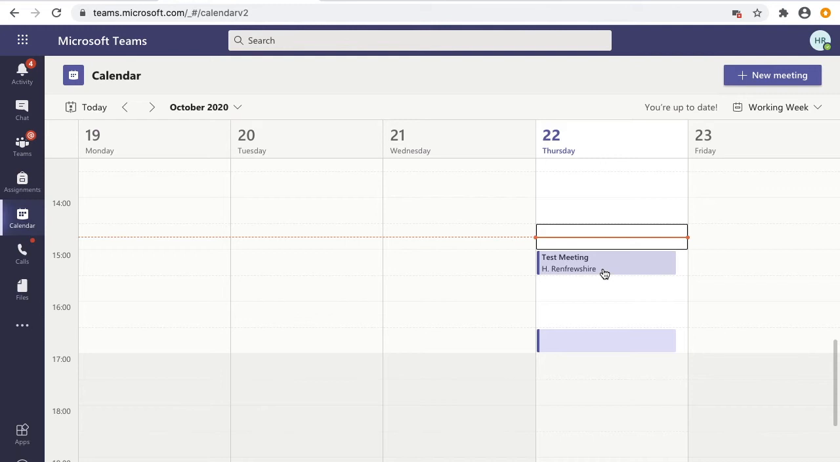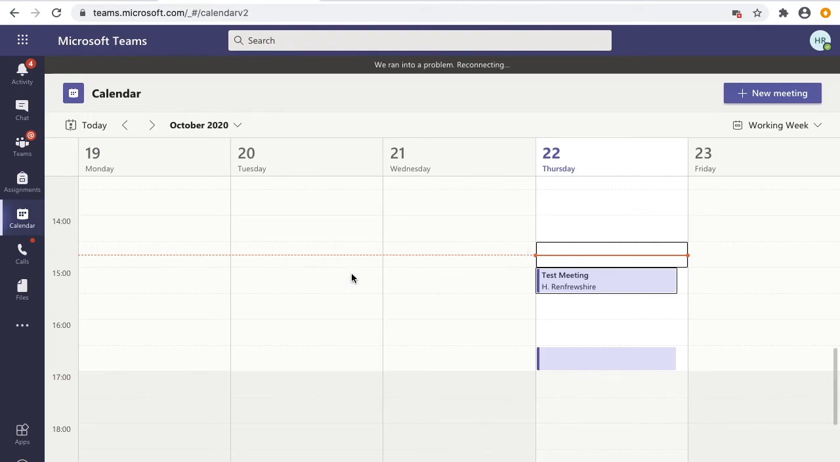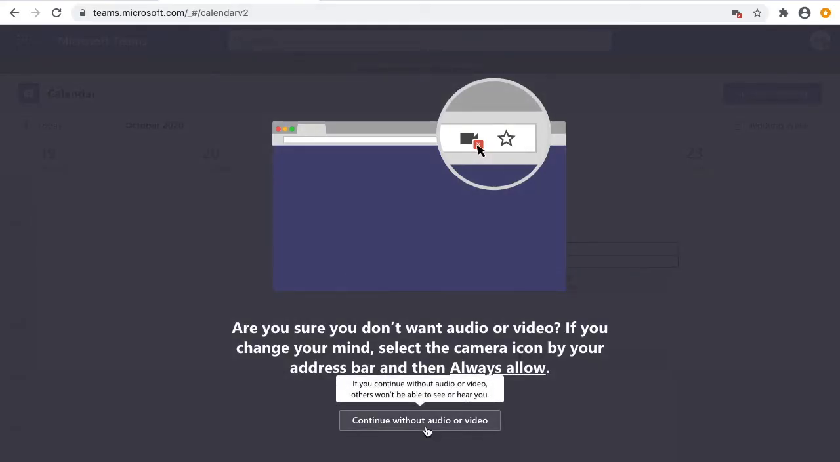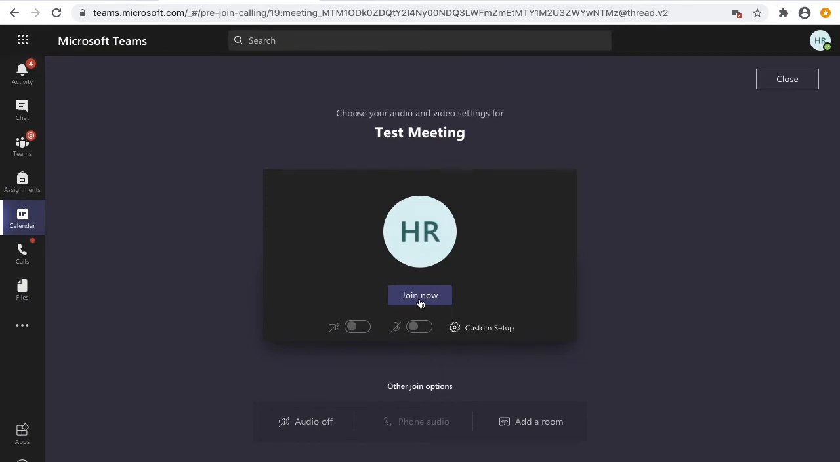So looking at my calendar just now, we can see that it's pretty clear, but I do have a meeting on the 22nd, and if I click on that meeting, I'll be asked to join now. What the computer will then ask me to do is make sure that my microphone and my camera is switched on so that I'm visible and people can hear me in the meeting, and that'll allow me to join that